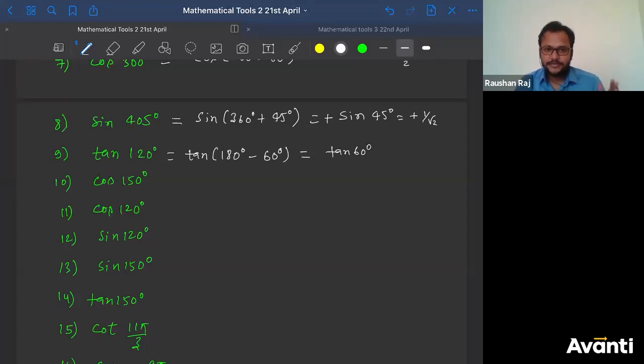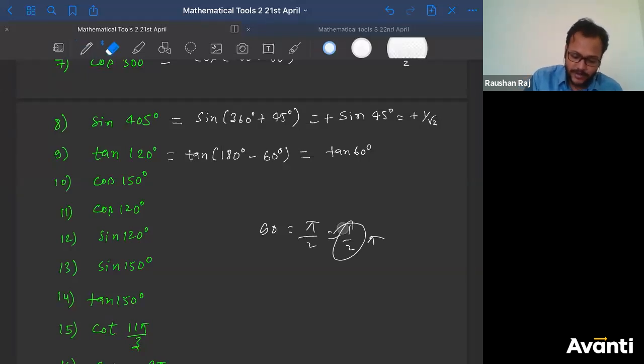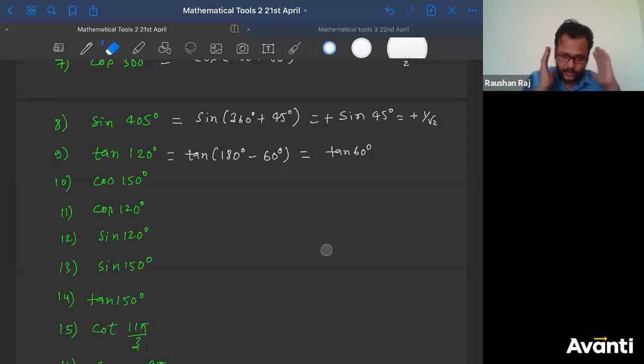Now in which quadrant? See, bacha, Viswa, I'm telling you so many times. I have repeated this multiple times. I have not taught you how to write this in terms of n pi by 2 plus minus theta. I am teaching you how to convert to n pi plus minus theta. Can you say that 90 degrees in terms of n pi? 90 is pi by 2. That means 1 by 2 into pi. Is 1 by 2 an integer? So don't make me repeat these things every time. Please concentrate in the class.